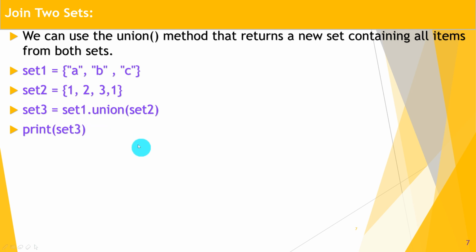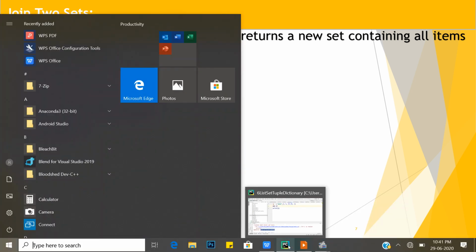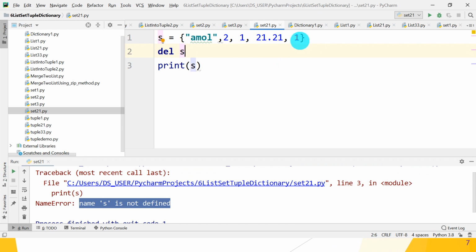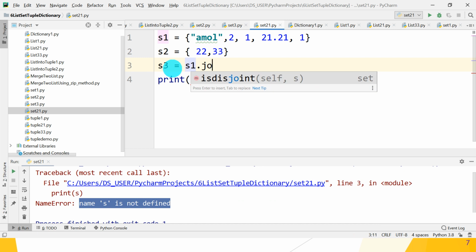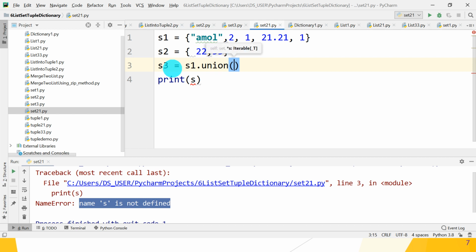So let's check whether it works properly or not. So this is one set. Great. This is S. Suppose S1 is equal to another set containing 22, 33 elements. If you want to join this, okay, so S1, then S2, then S3 is equal to S1 dot union and pass another set, that is S2.